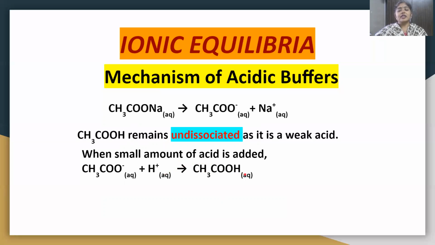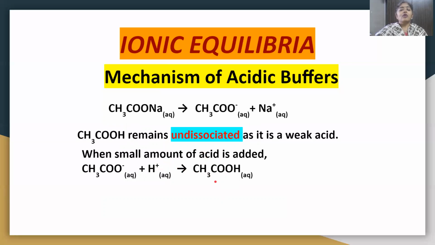So there are no free H plus ions. And if there are no free H plus ions, the concentration of hydronium ions or H plus ions is going to remain the same. If the concentration of H plus ions is not disturbed, then the pH also will not change. pH remains the same. So this explains why, even on adding a small amount of acid, the pH remains the same. The reason is that whatever H plus ions I'm adding are getting combined with the acetate ions, forming acetic acid, which does not undergo dissociation. So there are no extra H plus ions in the solution. Whatever I'm adding is getting used up.